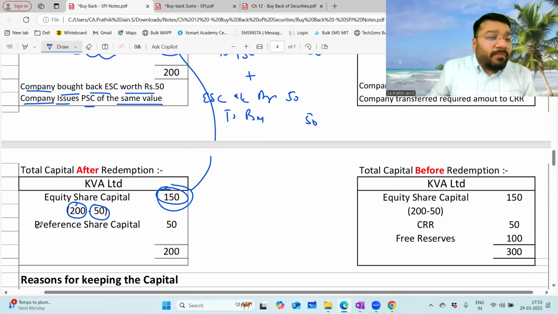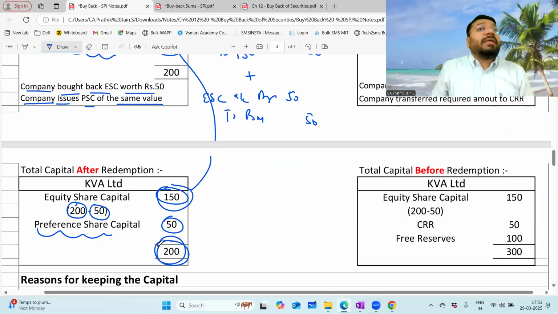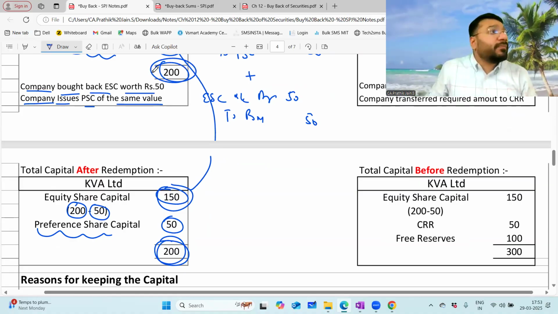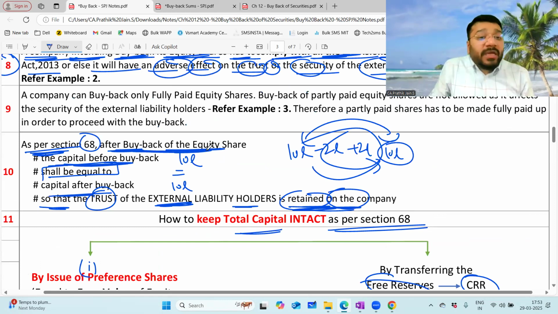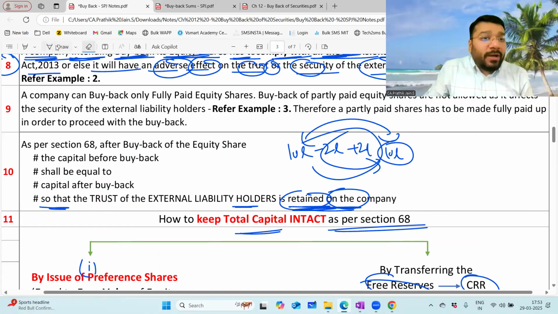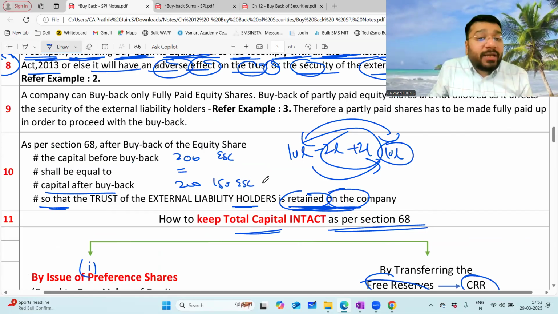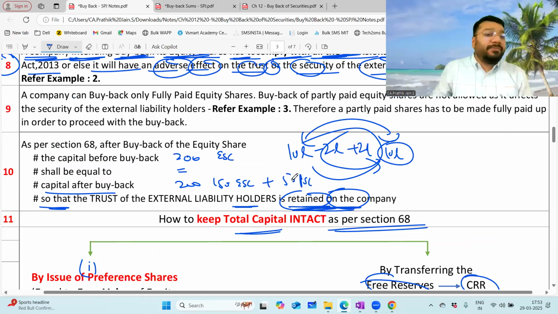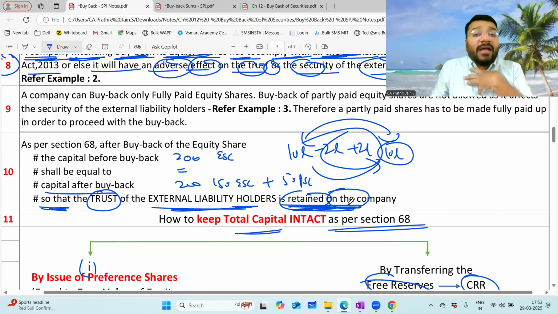Now, by issuing preference share capital, your capital base is increased by 50 rupees. Thereby, the capital base is the same as before. Correct? So now come back to the same point. Section 68 says what? After buyback of the equity shares, the capital before buyback, in our example, was how much? 200. Very good. It should be equal to the capital after buyback, which is 200. Before buyback, this 200 was only equity share capital. But after buyback, it became 150 for equity share capital and 50 for preference share capital. So this process ensured that the trust the external liability holders had kept on us is being